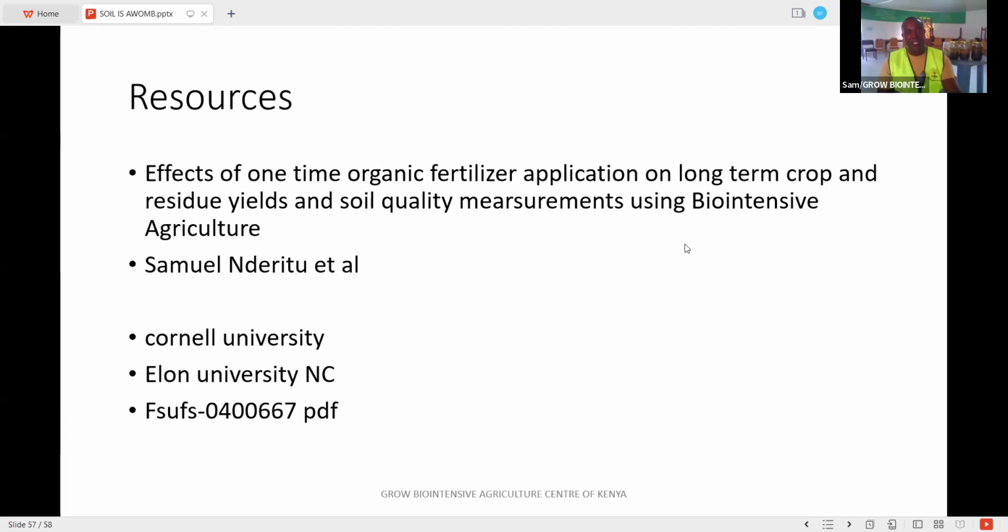It was a 4 years research that I carried out here in Kenya, and I was assisted by the two professors from Cornell University and Elon University in North Carolina. You'll understand the steps of how you are supposed to grow your soil step by step without using so many resources, and probably how you can move from inorganics to organics by using a single time